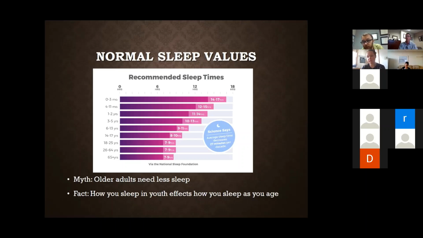The reason we believed that was because the sleep you get when you're younger is going to dictate the sleep you get as you get older. If you were one of those high school students that we see in the office here that plays video games all night, every night over the summer and has no regulation or routine, that is going to come back to bite them when they're an adult as well. Just like anything in primary care, an ounce of prevention is worth a pound of cure. So when you're talking to your peds patients, when you're talking to parents, that is something you should really, really stress.